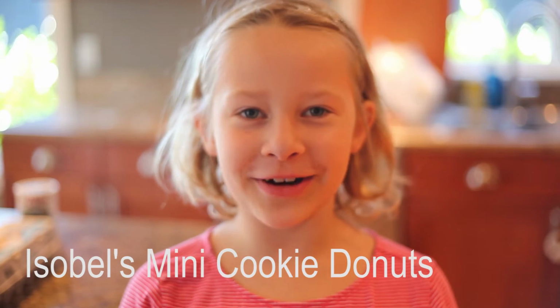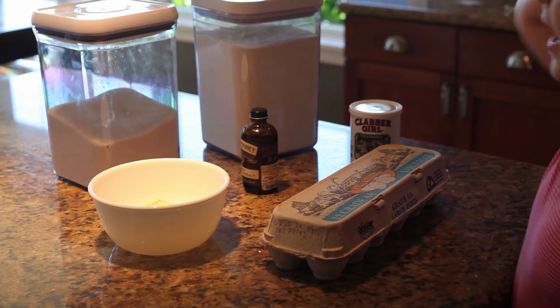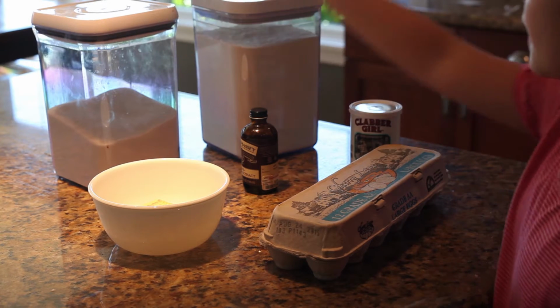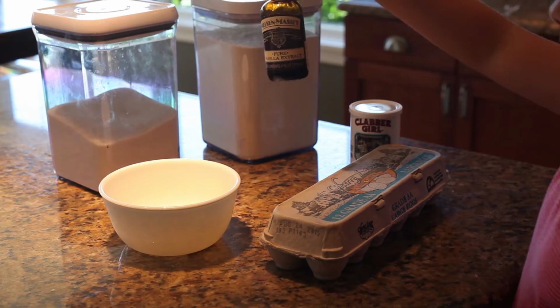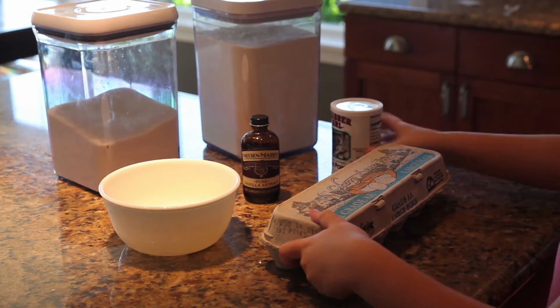My name is Isobel and today we're going to be making mini cookie donuts. Today, for your mini cookie donuts, you will need sugar, flour, 4 tablespoons of butter, vanilla extract, baking powder, and